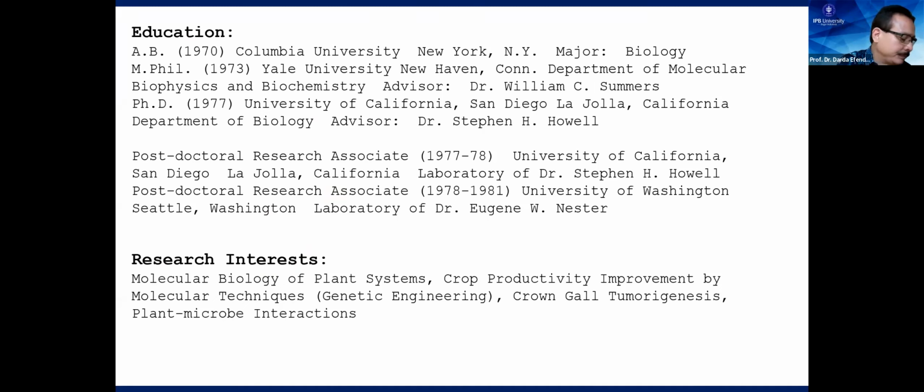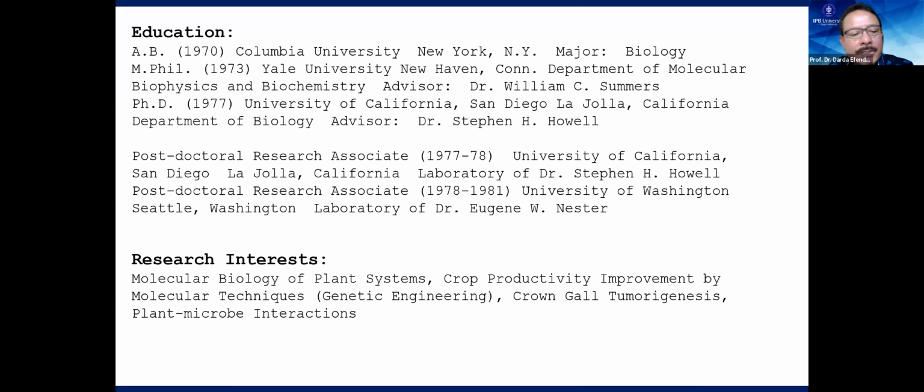1977 from the University of California, San Diego, La Jolla, California, Department of Biology, with advisor Dr. Stephen H. Howell, and postdoctoral research associate at the University of California in La Jolla, and then at the California laboratory with Dr. Stevens. His research interest is molecular biology of plant systems, crop productivity improvement by molecular techniques, especially by genetic engineering,